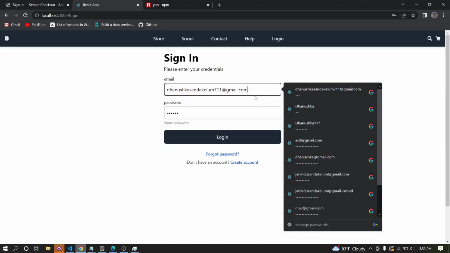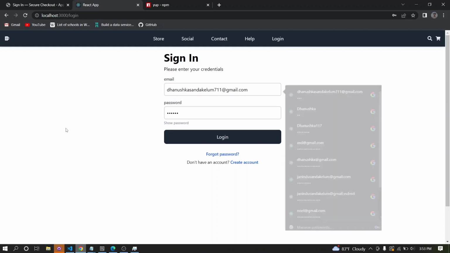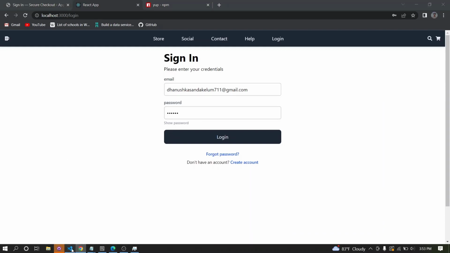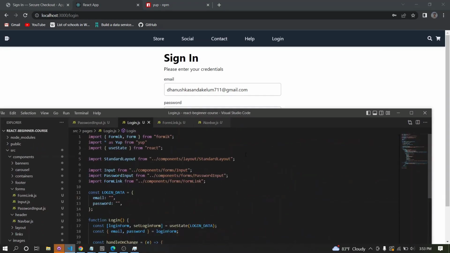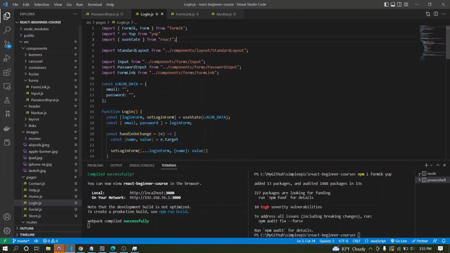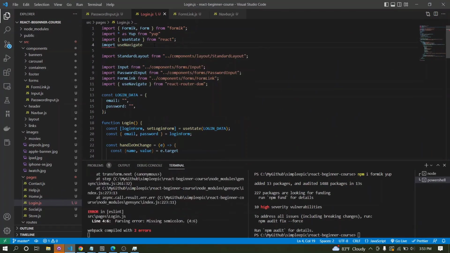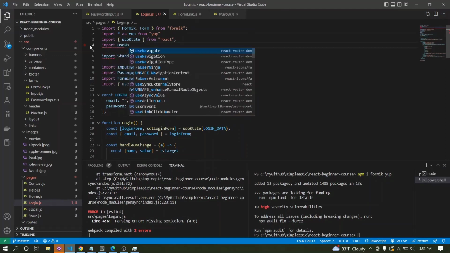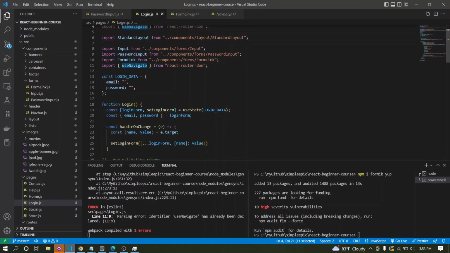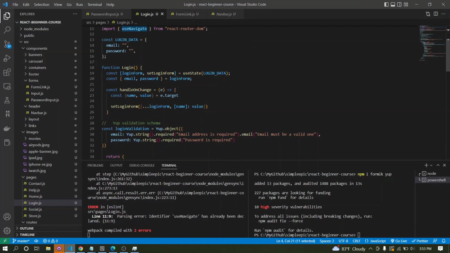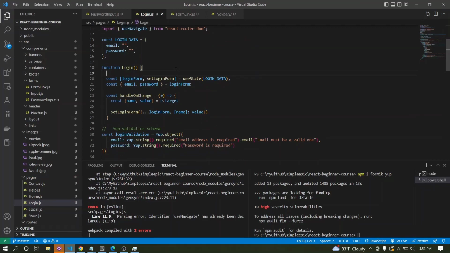Yeah. So for those navigation stuff, we can use the navigate hook provided by React Router DOM. So let's see how to use that as well. So let's call use navigate. Okay, use navigate, and I can create use navigate over here as, let's say, navigate equal to use navigate,